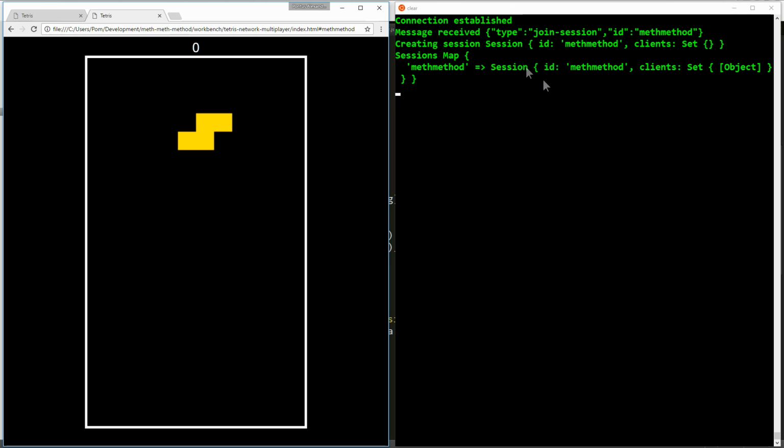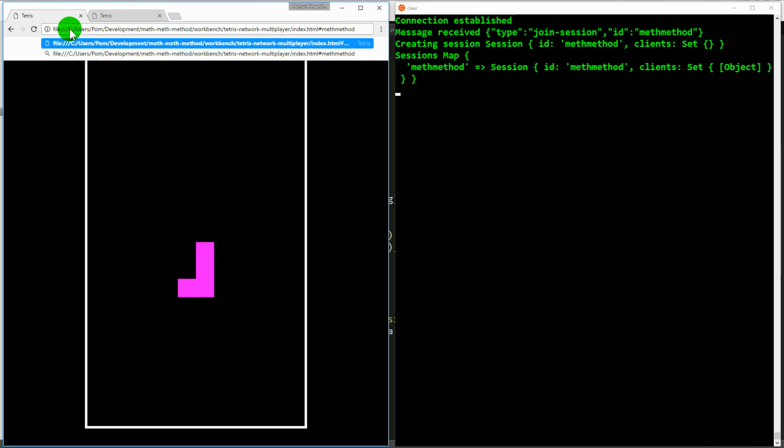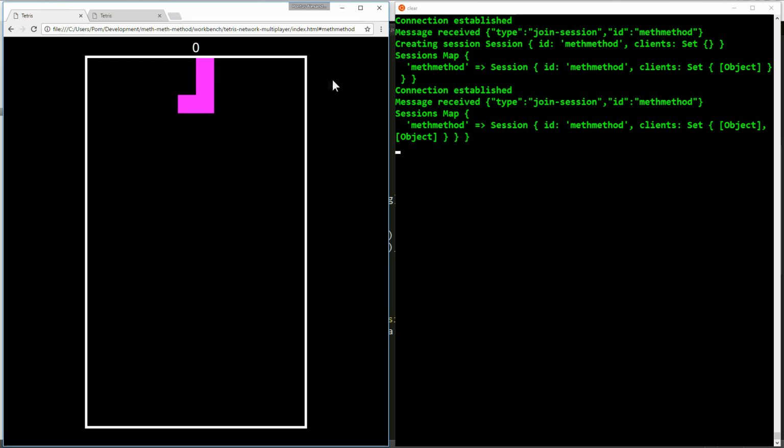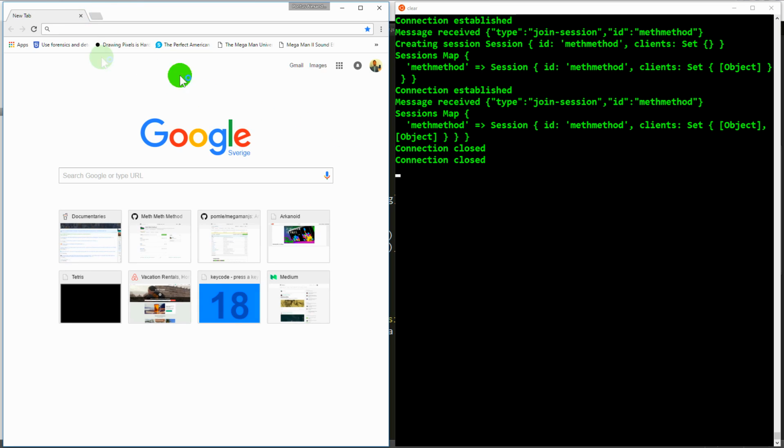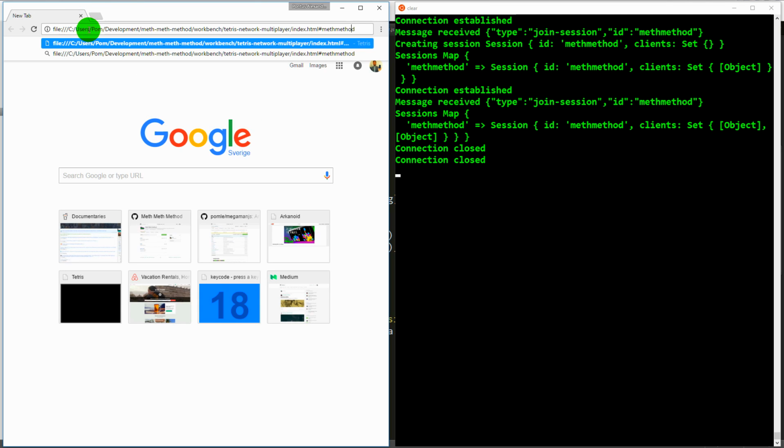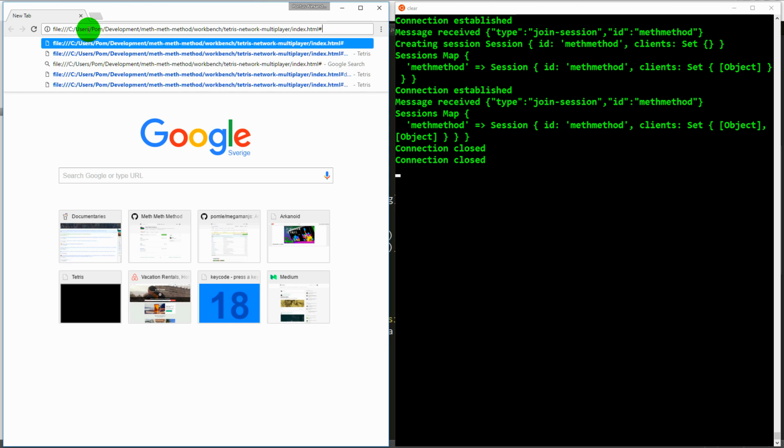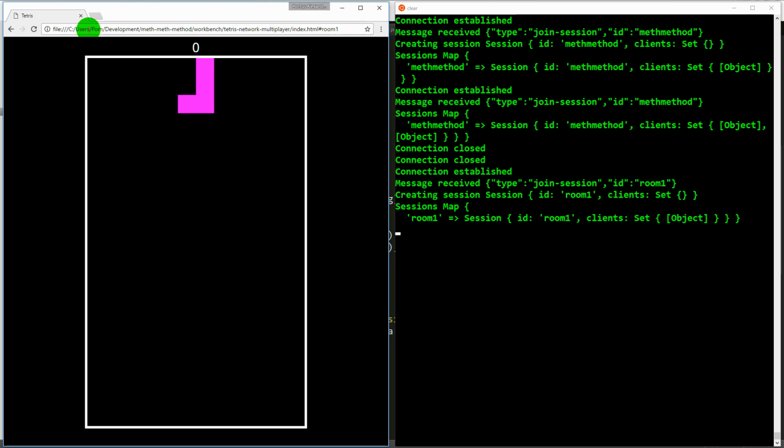It joined the method channel, and if I try to join this in another window here, we join this as well. And if both exit, this should be collected. That means that if I join a new room now, room 1, we see that we only have one room here because the method room was cleaned up when